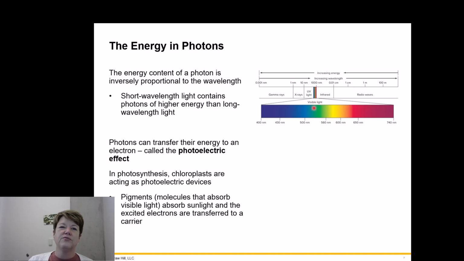So your visible light's in the middle. Visible light is not harmful to cells, but UV is. So anything on this side is damaging to cells. UV is damaging, X-rays are damaging, gamma rays are damaging. Anything on this side tends to not be damaging. But anyway,